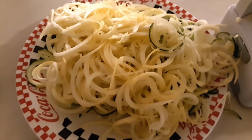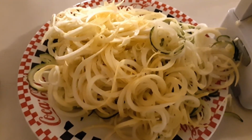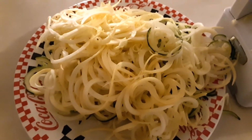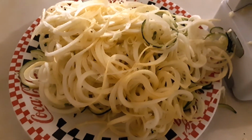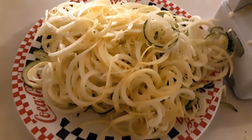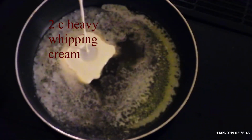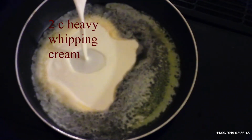Or if you want to, you can use 2 cups of low-carb pasta instead. Just make sure that the pasta is low carb. If you want a good recipe for that, then check out my video on how to make low-carb pasta. In this case, we're using a combination of the spiralized zucchini and the spiralized yellow squash. Add 2 cups of heavy whipping cream,